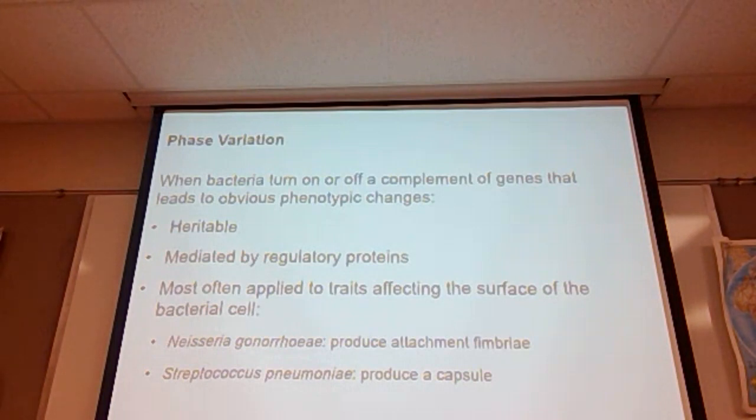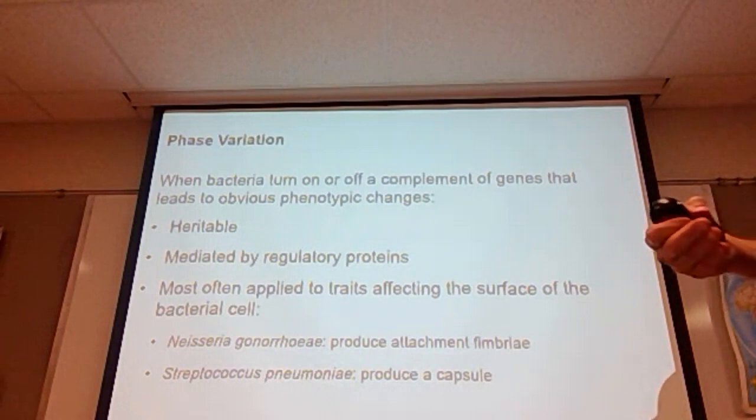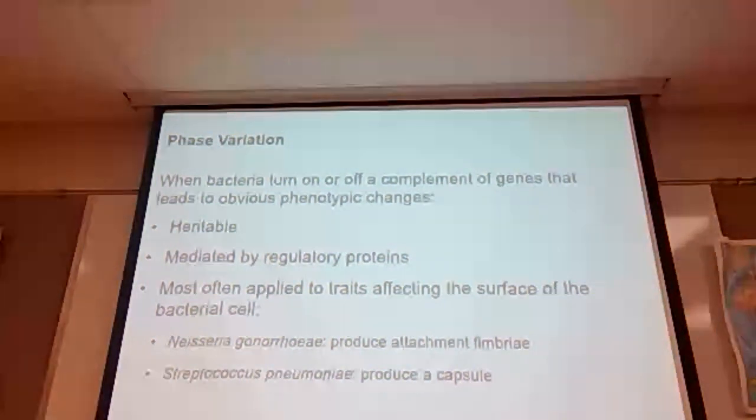In its normal phase, Neisseria gonorrhoeae and Streptococcus pneumoniae are not pathogenic to human beings. It is only when they are in the phase where the gonorrhea bacterium is producing attachment fimbriae and Streptococcus pneumoniae is producing a capsule that they become pathogenic. So in one phase, they're not pathogenic, but in the phase variation where they have inherited the proper genes to make an attachment membrane,